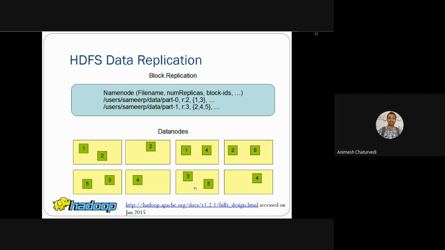So the combination of 1 and 3 creates part 0, and the combination of 2, 4, 5 creates part 1.